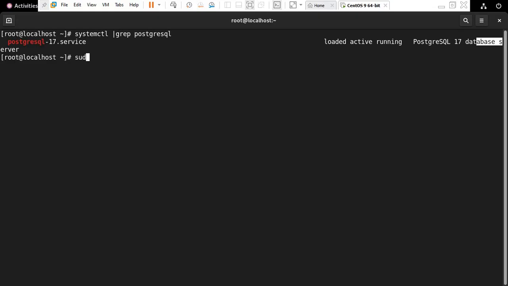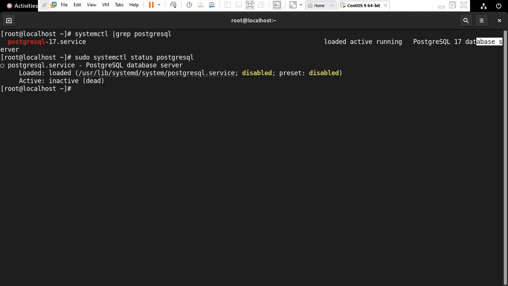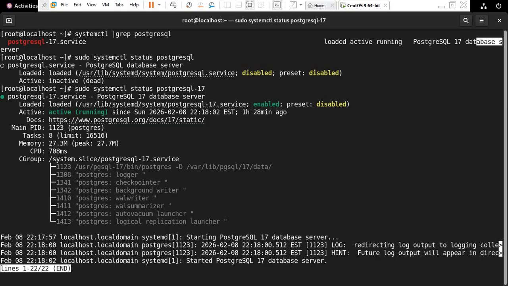For that I need to run sudo systemctl status postgresql, or with the version, 17. You can run it like that. Through this command, sudo systemctl status postgres with the version 17,